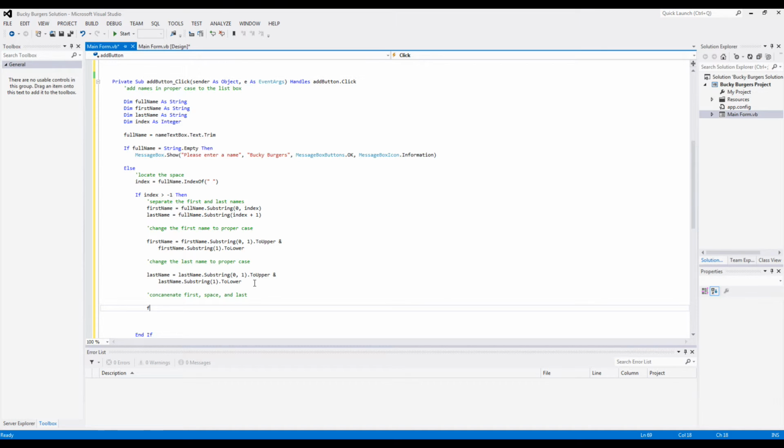So one probability is that the user did enter a space, and so then it's real easy. So now full name is first name, then space, and then last name. Now if the user wasn't like that, he didn't enter a space, then